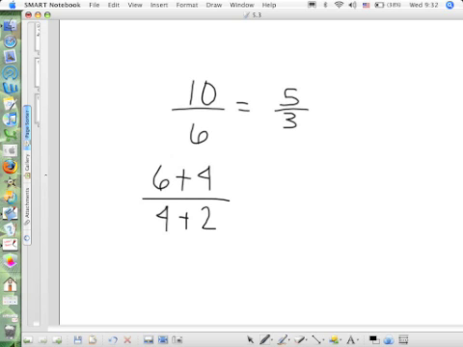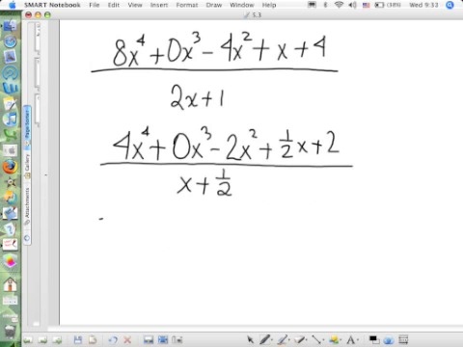Is that still 10 over 6? Yes. If I wanted to change this number, well, let's say I want to change this number to a 1. I'm going to divide it by 2, right? Well, it's no longer 10 over 6 if that's all I do. So I've got to divide everything by 2. So this is 3 plus 2 over 2 plus 1. And I still have 5/3. Okay, so when we're working with variables and all of these terms, it's the same thing. In order to make the end product still